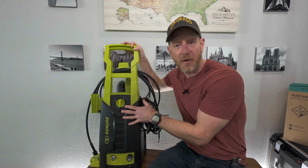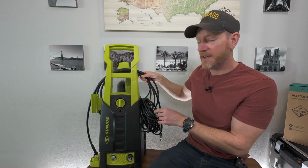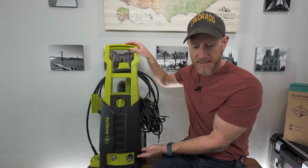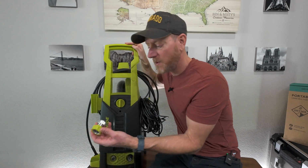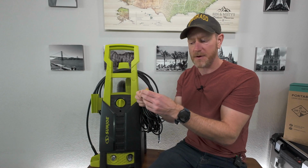And then you have the unit itself, which is about 17 pounds and has a 35-foot cord. It comes with a 20-foot high pressure hose, simple on and off switch. Down here on the bottom, you have your garden hose connect, and it comes with this quick connector. This works pretty good for the most part. These sort of twist